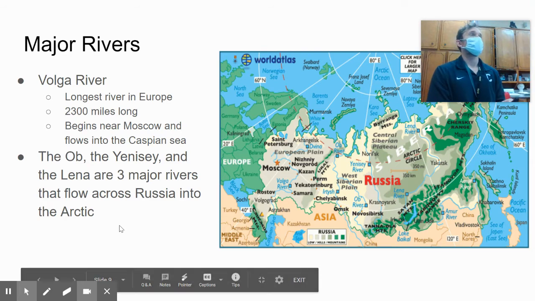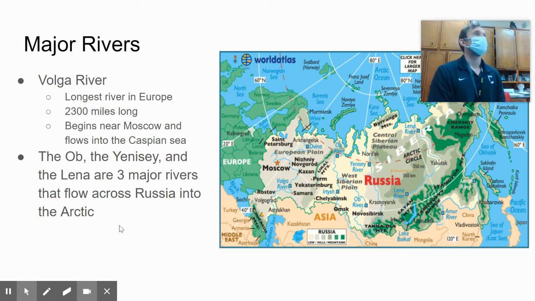Now, you guys can stop me if I'm going too fast or if I need to go back. Then we've got major rivers. We typically always go through the major rivers in an area. Some of the world's longest rivers actually flow through some of the vast plains of Russia and the republics. And it also has some of the largest and deepest lakes.